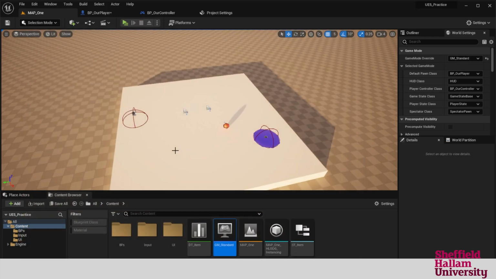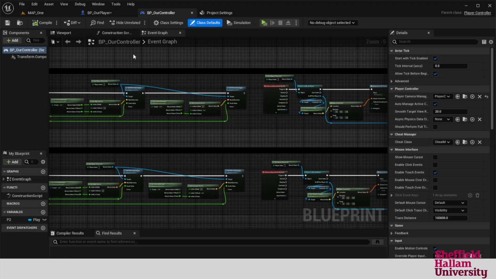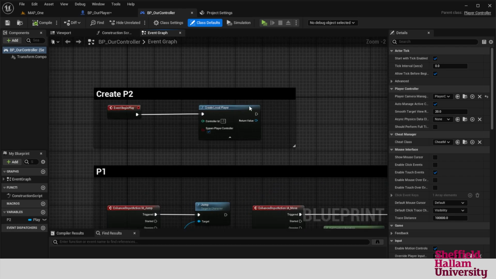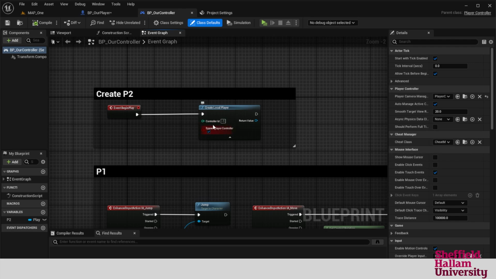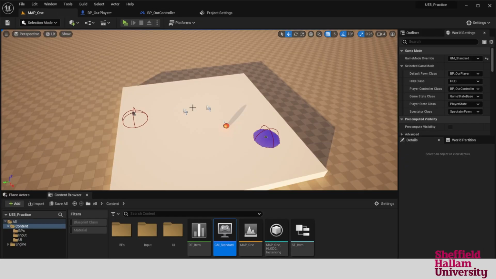Okay, so how was that working? Well, the main bit of the code actually ends up in the player controller. So I've got everything that we need up at the top. We'll start with the player controller. What it was requiring, to just get the other player into the world, was simply from the event begin play, create the local player, make sure we are spawning a player controller. You can leave the controller ID set to -1, which is what it is by default, but there's nothing else that's required. Now, of course, that's under the assumption that player 1 is already being spawned, so in your world settings that you've got your game mode and everything set up as it needs to be,